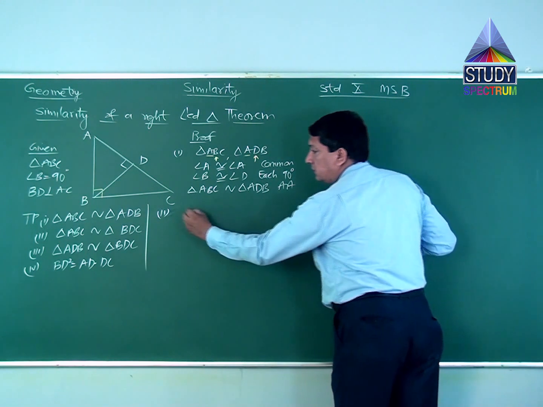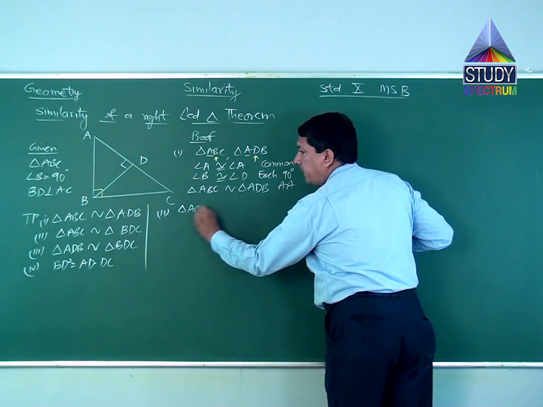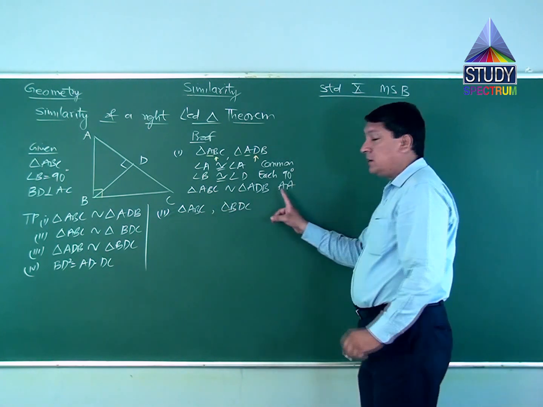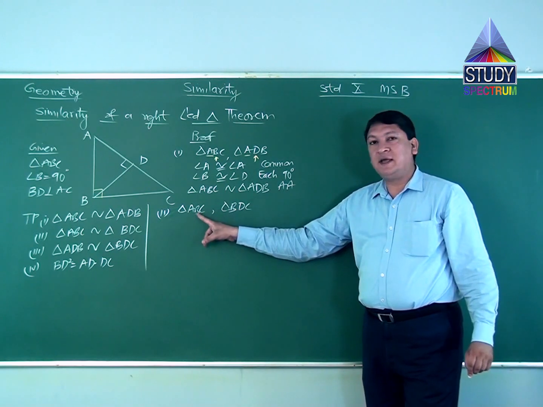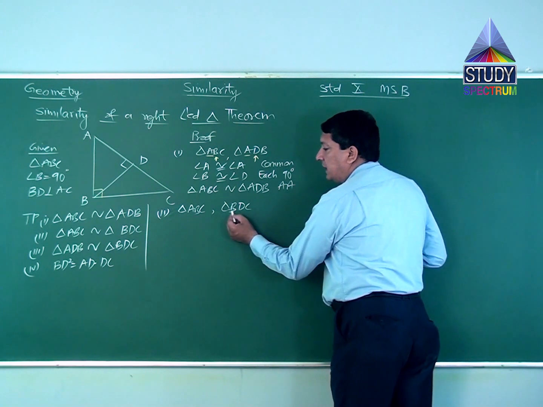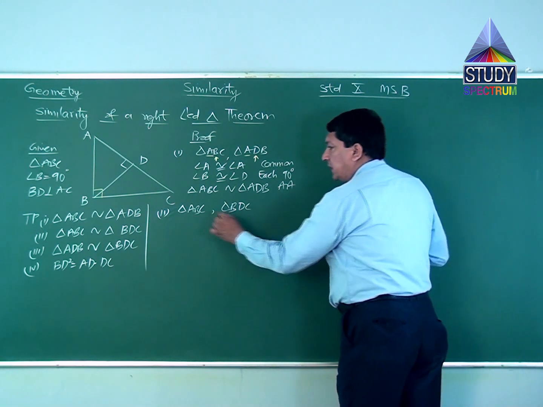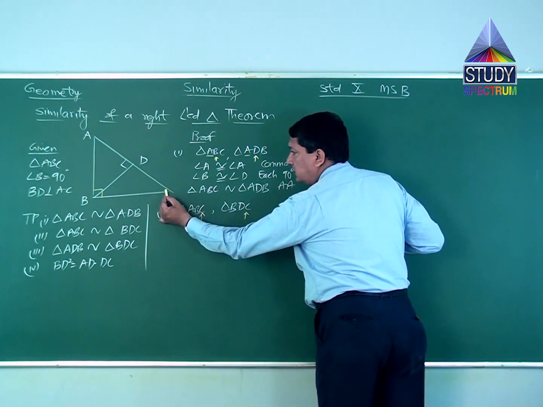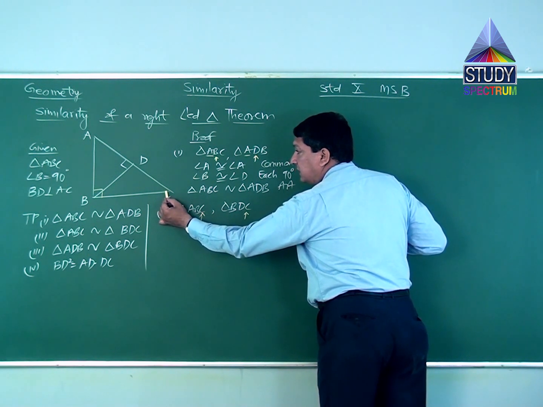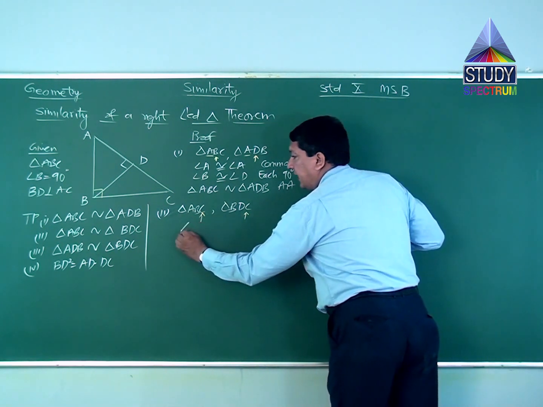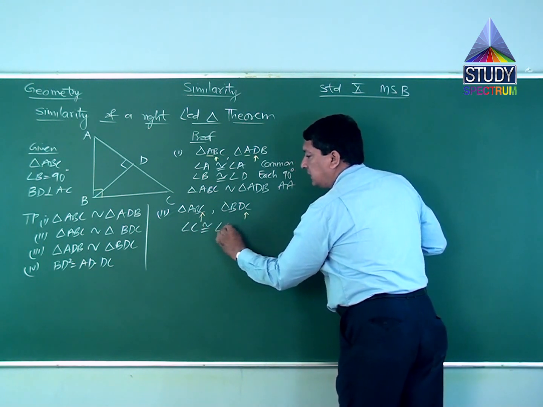Second part of it, that is triangle ABC, triangle BDC. Again, we will be applying a test of similarity, then only we can prove these two triangles similar. In triangle ABC and triangle BDC, this time we can notice angle C is common for both. In triangle ABC, angle C is here. In triangle BDC, angle C is in last position again, like in triangle ABC. So we can write angle C congruent to angle C, common angle.